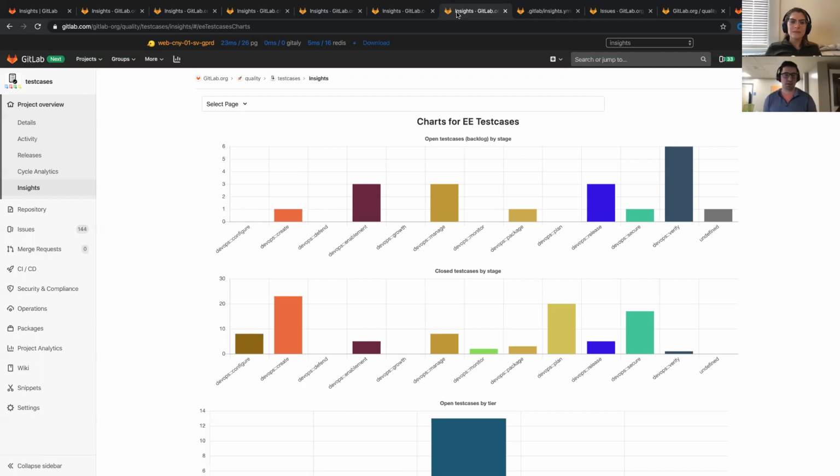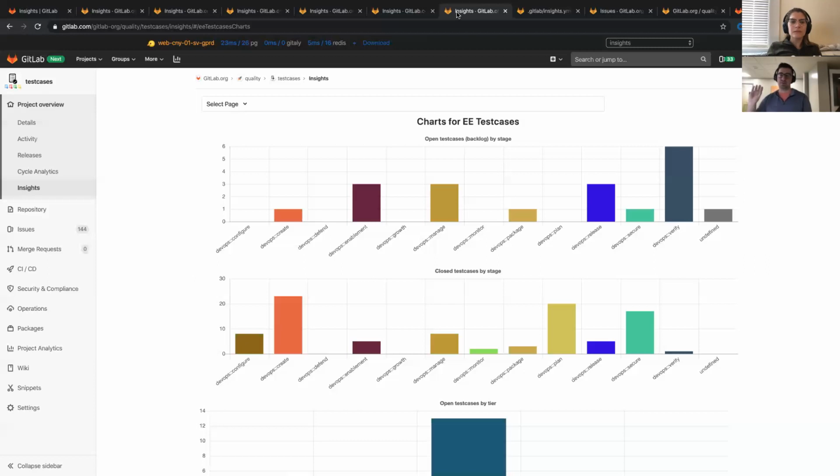Nothing that I don't think we've really touched on. I think the things to really think about if you're considering using insights are, do you find yourself pulling data out of GitLab either through the API or through a CSV export, and then building charts over issues and merge requests? If you're finding yourself doing that, insights may be a really good candidate for you to look at,